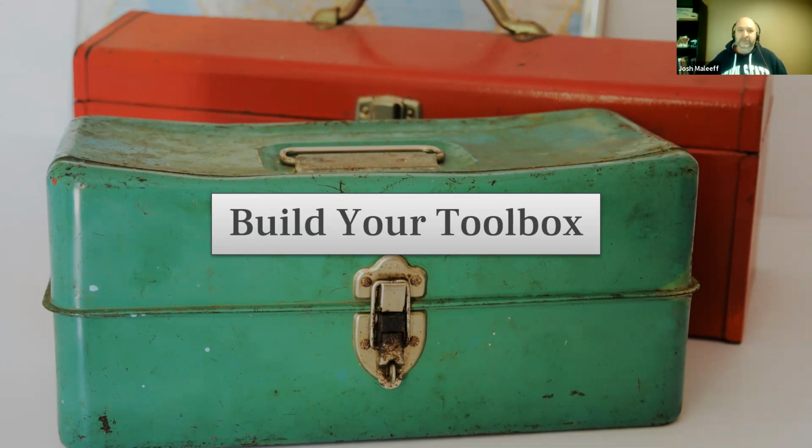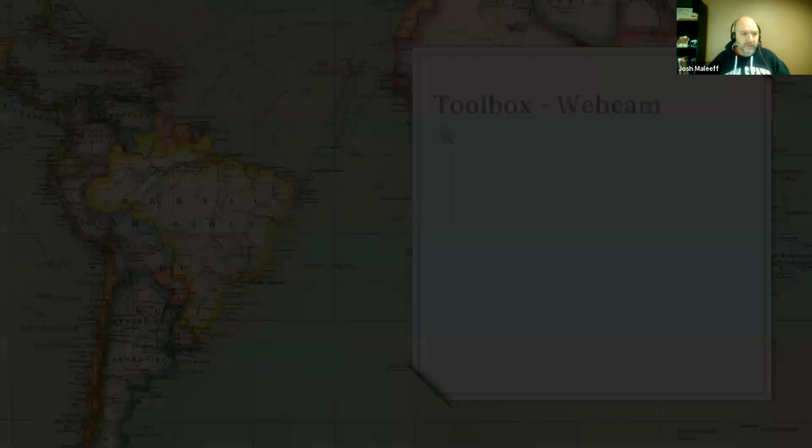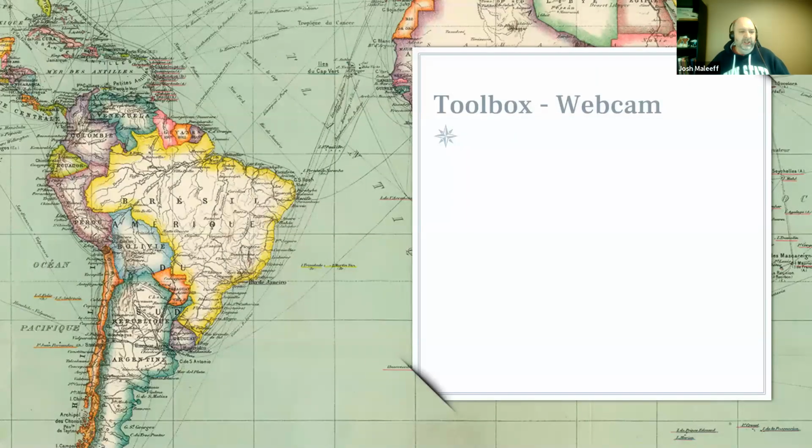And so in order to make that jump from looking like you're in the dark somewhere and we can barely see you and it's not a great visual to where we can get to today requires having the right tools. So I'm going to break those down for you. The first tool in your toolbox is going to be the webcam.